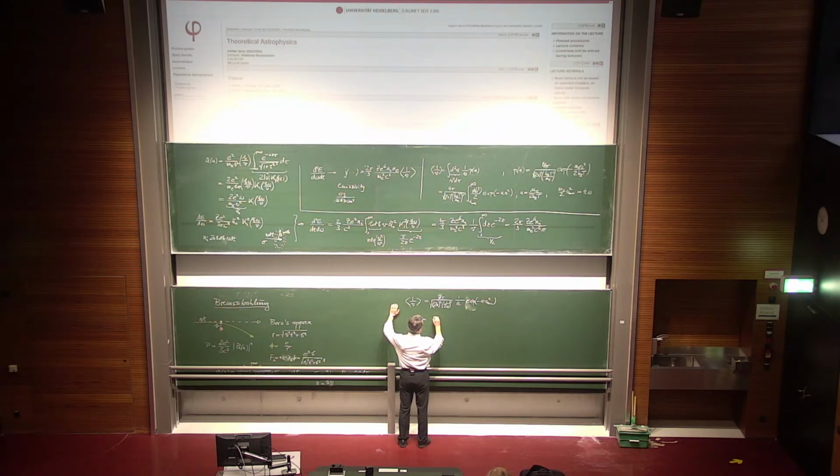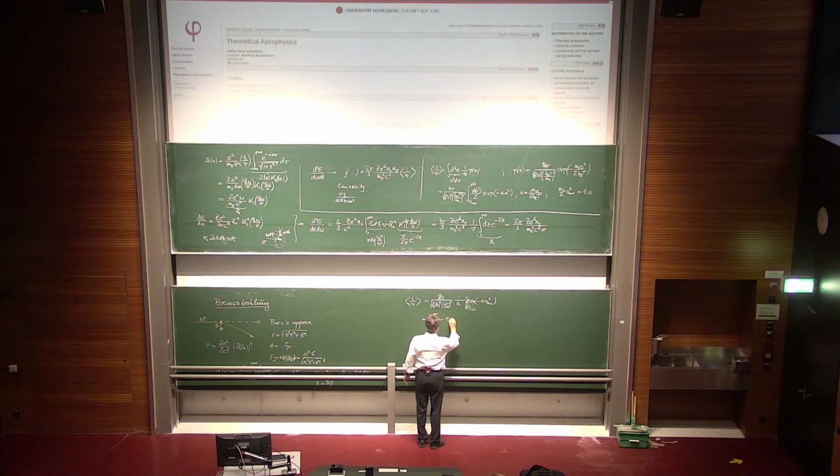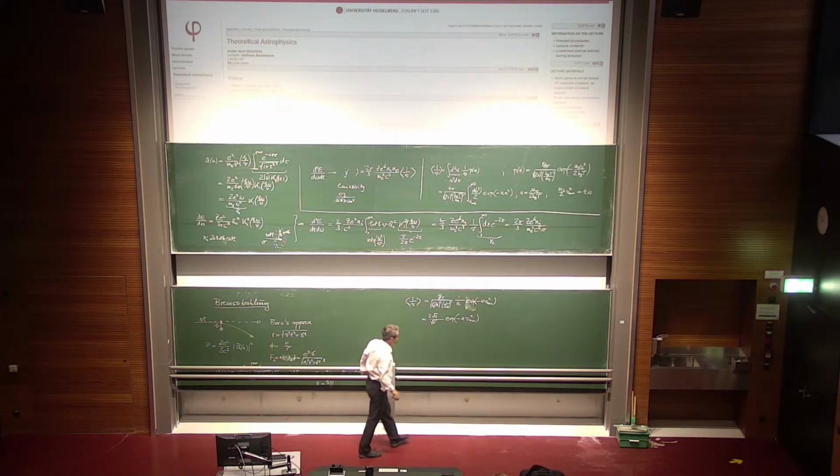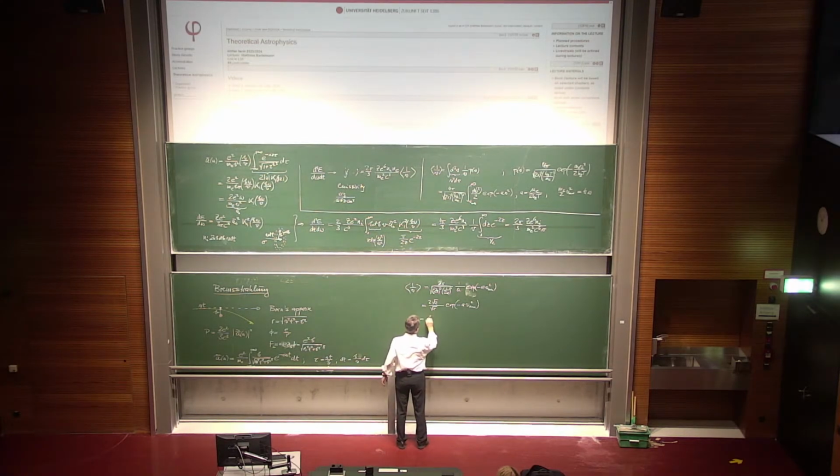Anyway, what I get now is square root of a. That's what remains of these factors here. I get square root of pi, and I get a factor of 2. Exponential of minus a v min squared. Okay, now let me reinstall all the constants. This is 2 over root pi.